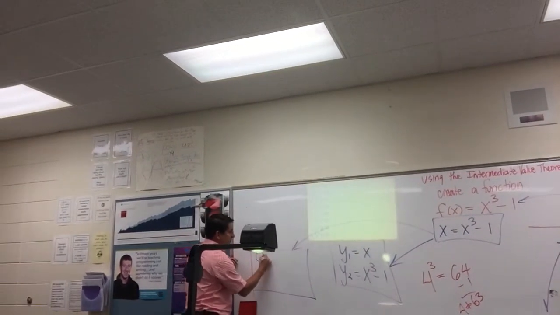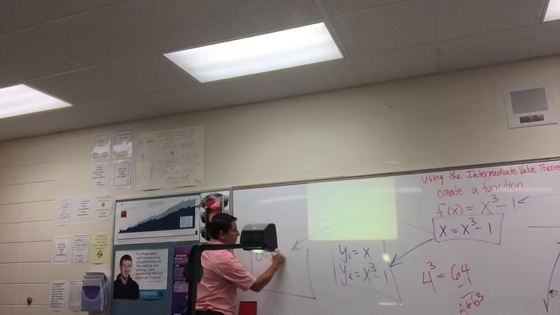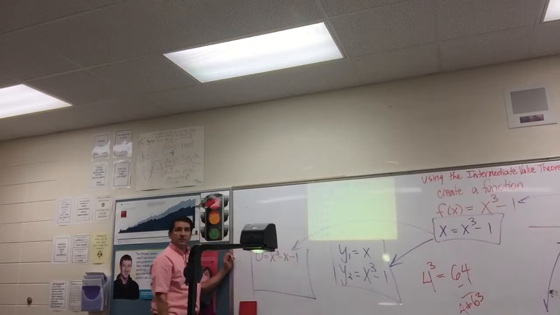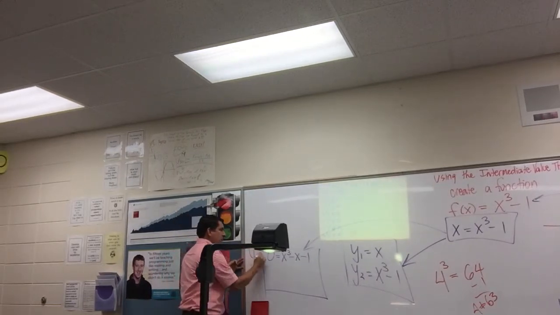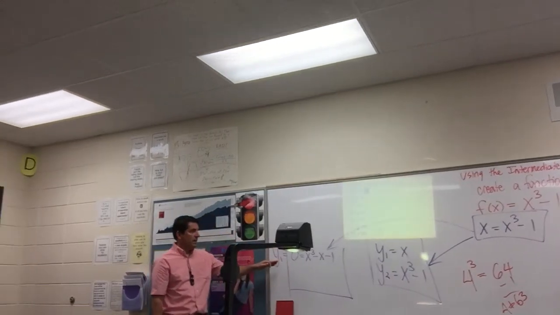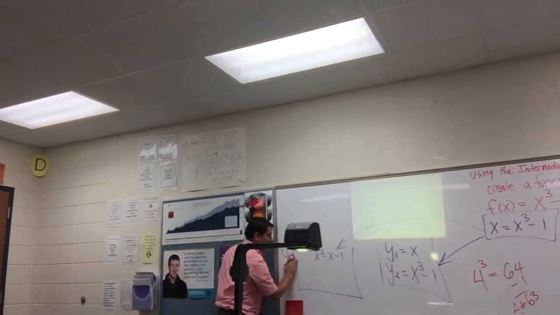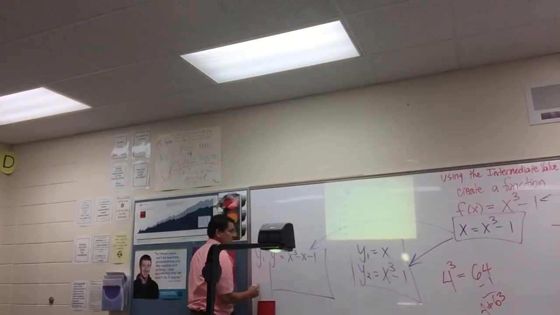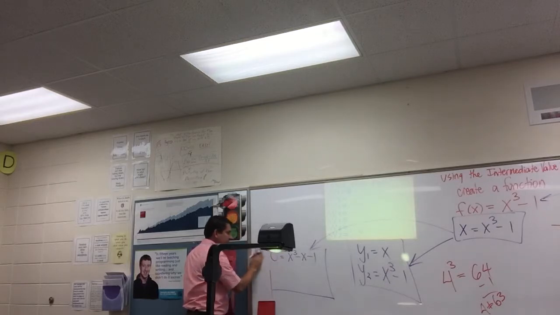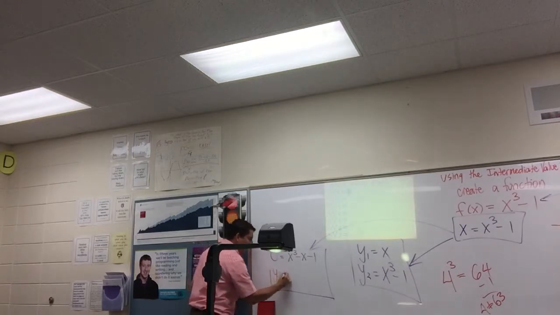So I'm going to say 0 equals x cubed minus x minus 1, and I'm going to let that one be my equation. I should write it like this first. You get your 0, and then from there you type it,